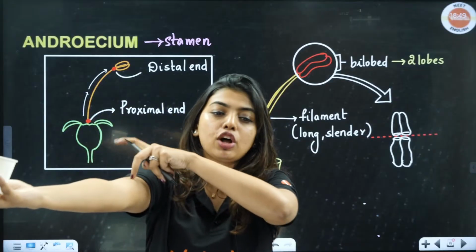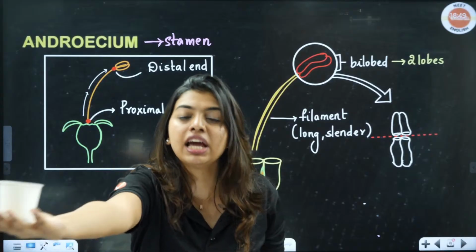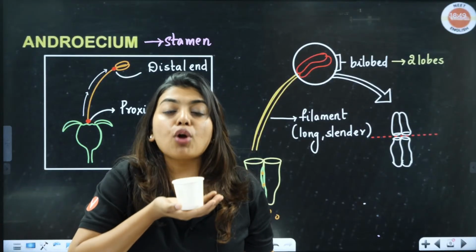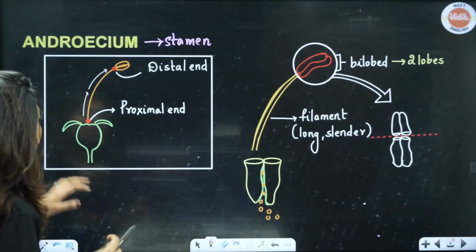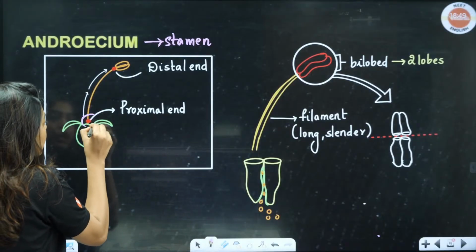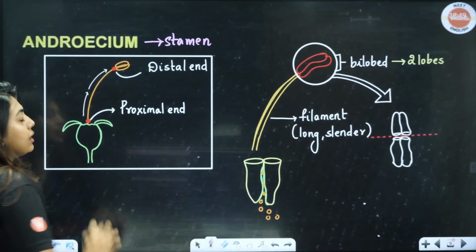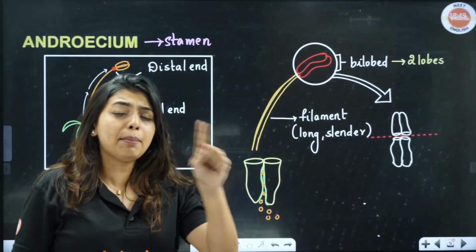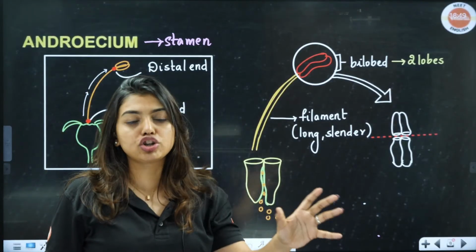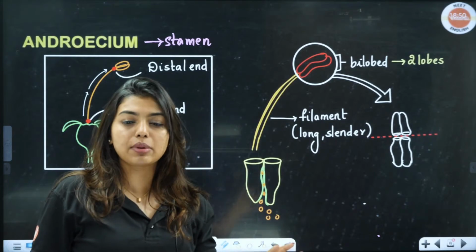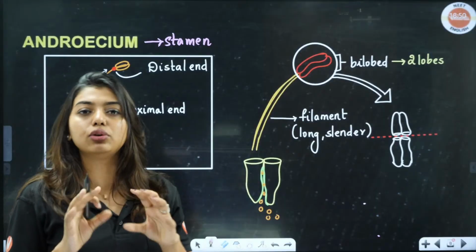So let's say one small animal has to go, it has to go all the way like this. Correct? It's very far from me. Now if it is like this, it is very proximal to me. So near the thalamus, just look here, to the thalamus, this portion. Okay, that means your filament is at the proximal end and the anther is at the distal end. Okay, I have explained this in part 1 and part 2 in detail. But this is one short, so I will not explain in that much detail. But I will explain all the content you need for the first unit test.